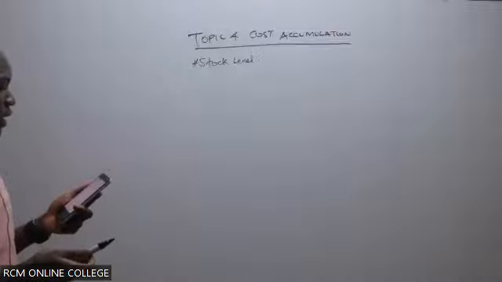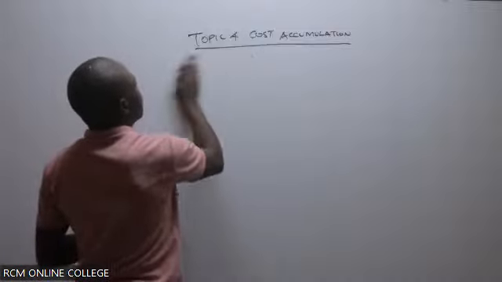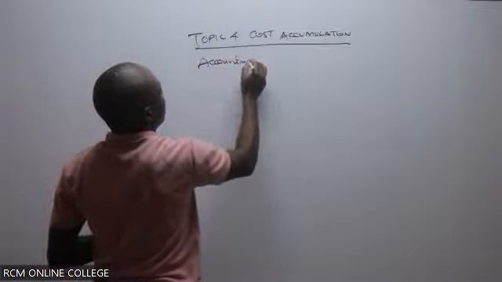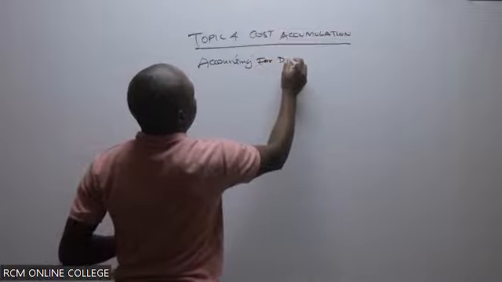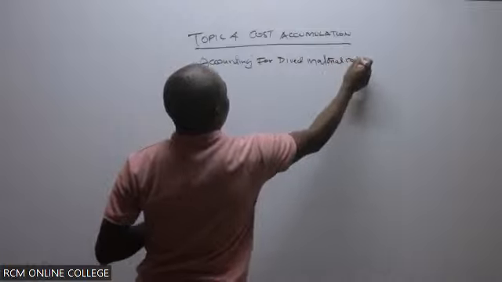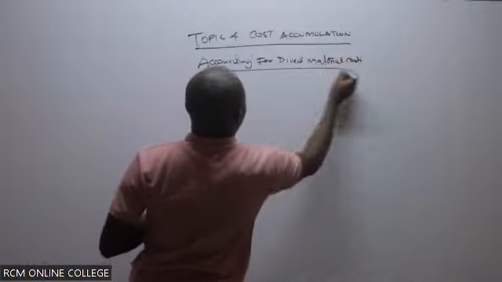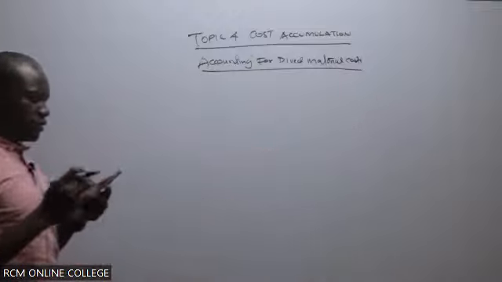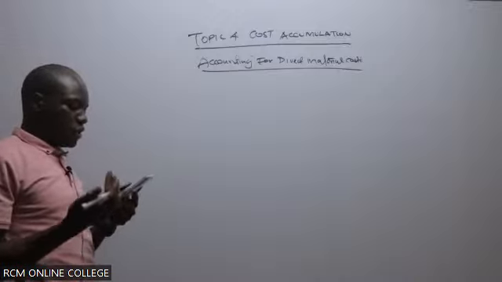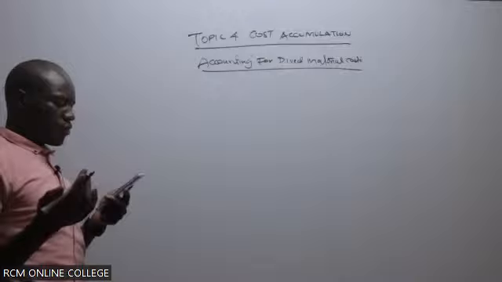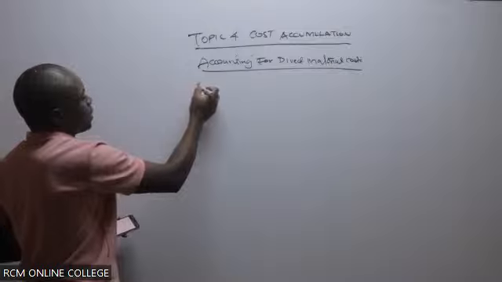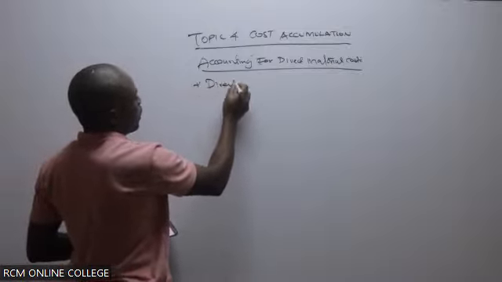So the first thing that we have there is accounting for direct material cost. So under that, when you're going to account for direct material cost, you can see introduction to material costing. So all of that is basically story. Direct material, under material, the direct material that we are talking about here,